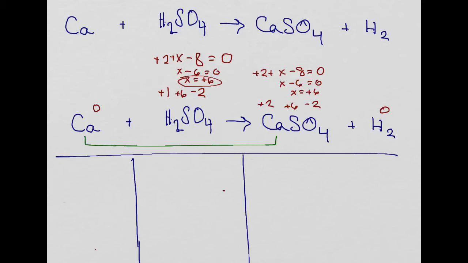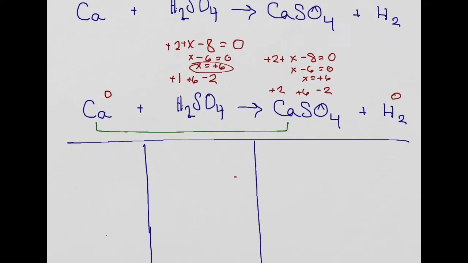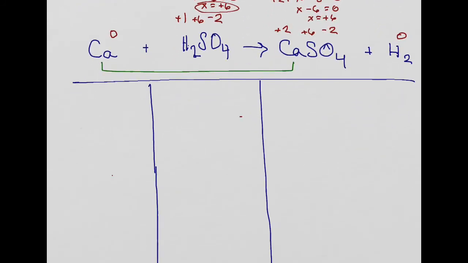When you're going from 0 to a charge of +2, is that oxidation, a loss of electrons, or reduction, a gain of electrons? It's a loss of electrons, okay? So calcium, therefore, is oxidized. Calcium 0 is oxidized. This is the oxidized species. It loses 2 electrons, and its oxidation number goes from 0